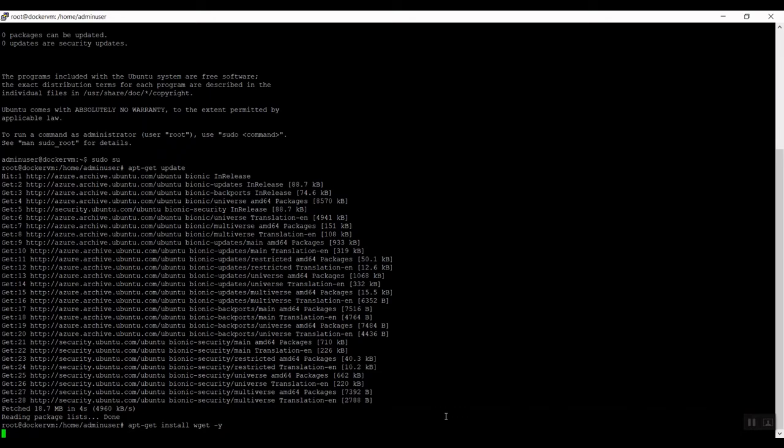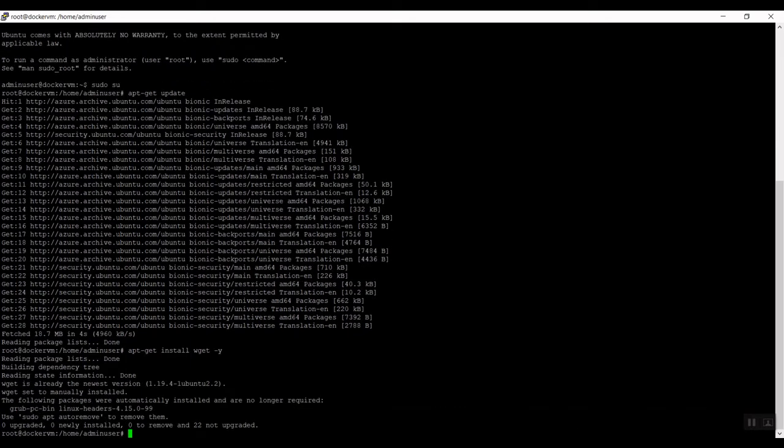Then click enter. Now let's install Docker by typing the command wget -qO- https://get.docker.com/ | sh. This command will install the latest version of Docker.